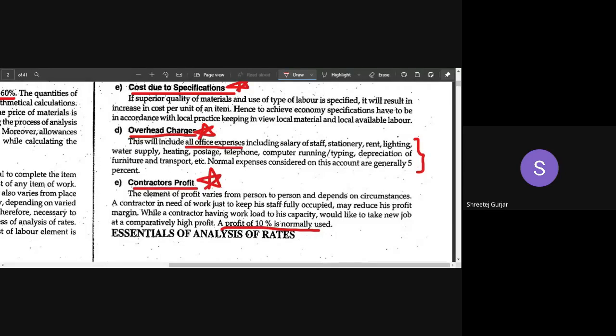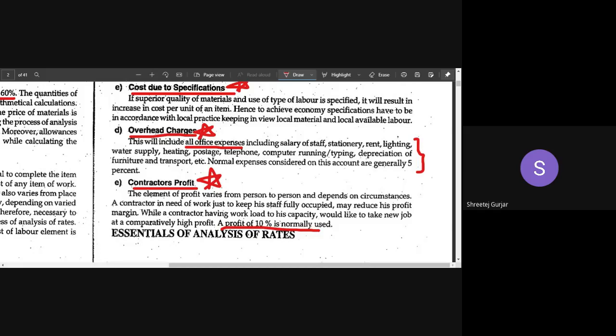If he is a very good friend, you can do it at half, at 5%. If you are doing it for your relatives, they usually ask you to do it for free. So such things are there. Depending upon various situations, you can decide the percentage of profit.